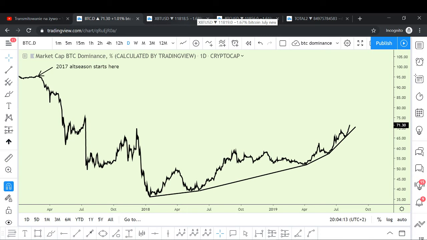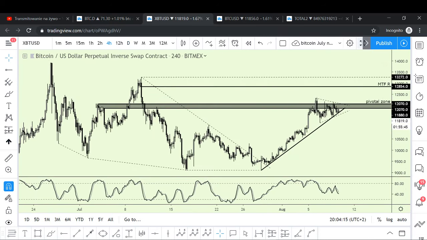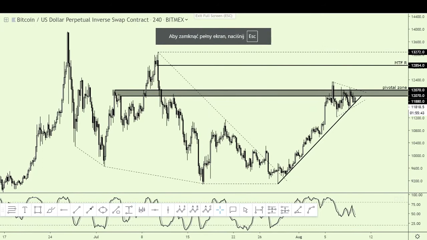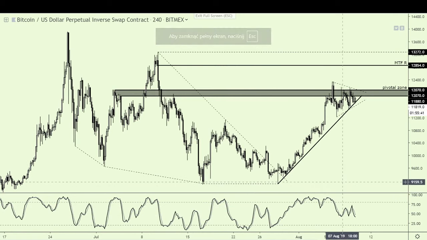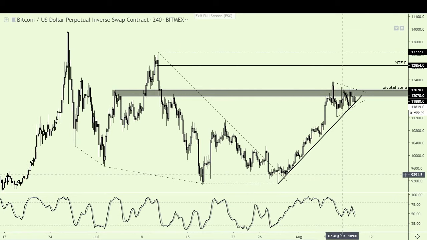I want to see how it unfolds, but taking into consideration the bigger picture being bullish, I would say this is much more likely to unfold in a bullish way, break out and retest, and just make it a long opportunity for late longs there to be somewhat safe, and proceed to 12.8